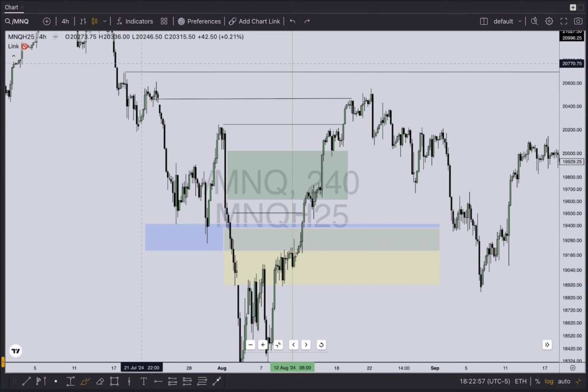And as we can see here, it was inversed, respected here. It was a catalyst to push price higher, sweep out these highs, tap into this volume balance. It didn't sweep these highs, but guess what it made? Even more liquidity for later. We can see here, let's continue this trend. If we go here,